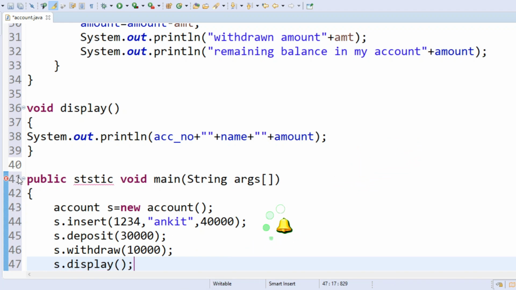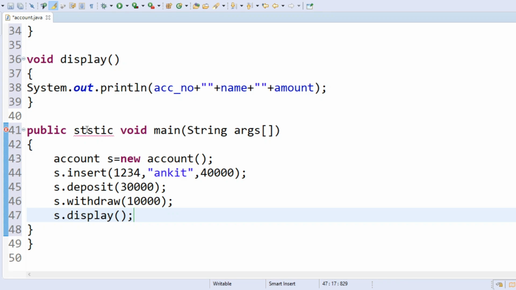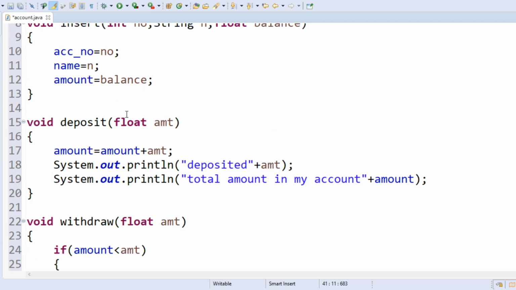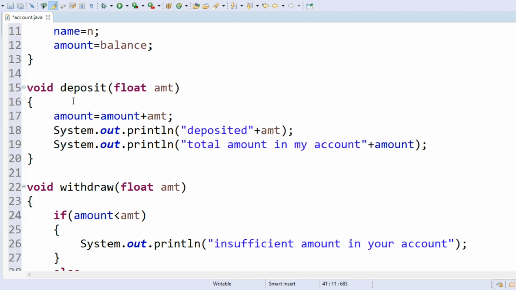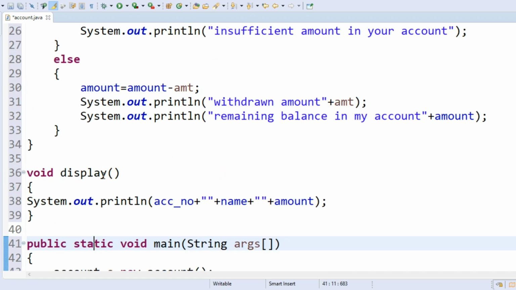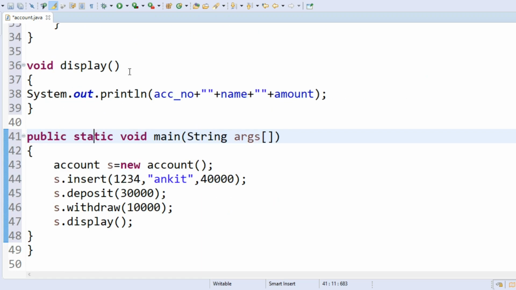Okay, so here we created a main method. In this main method, I call an object, and I am going to pass the values to the methods. So here the whole program consists of different methods: first insert method, deposit method, withdraw method, and the display method. All these methods are called in the main method.